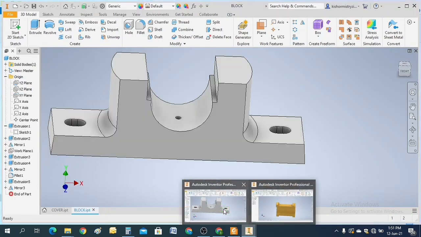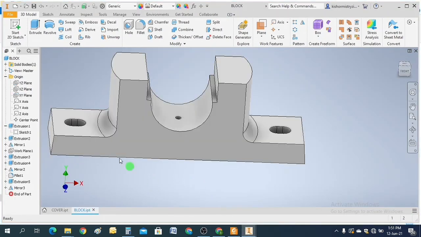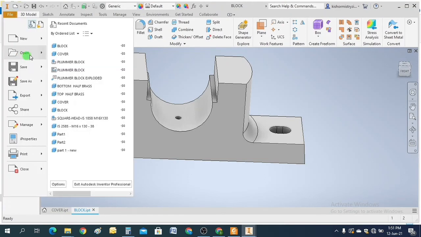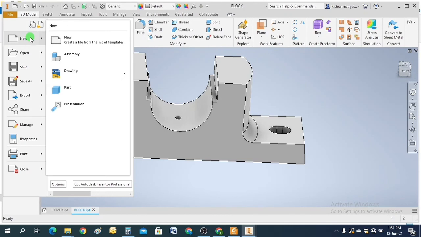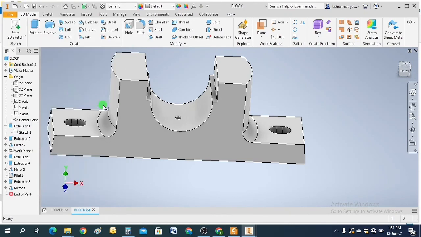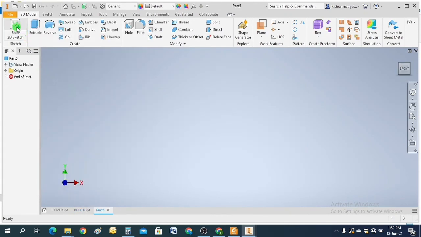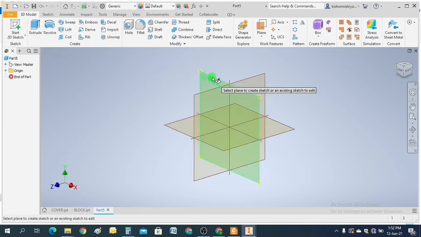So go to here, create new file, then new part. It will automatically come to part. Select XY plane,